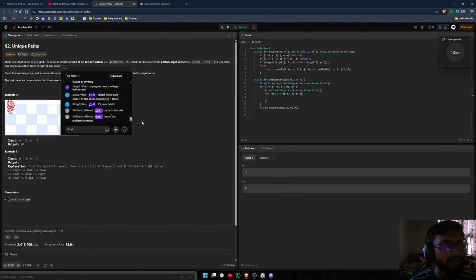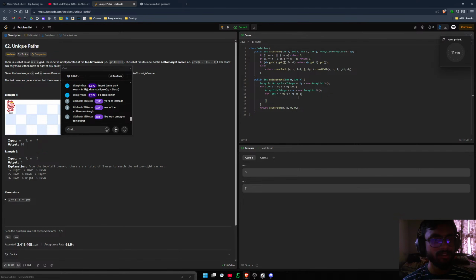Rest of the problems are tough. That problem was actually easy, dude, but I didn't know the logic to approach it. But I almost knew it. The set part I got down, but my brain doesn't allow me to do it because I'm not good at it, I think. So yeah, here what we are doing, we are creating a matrix of